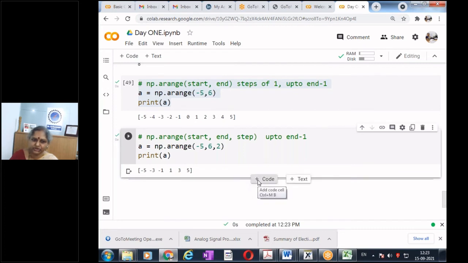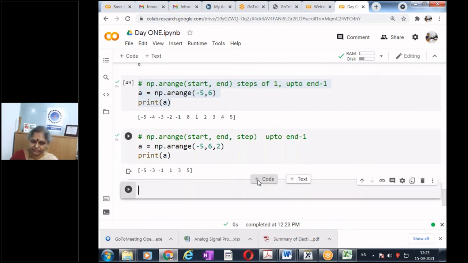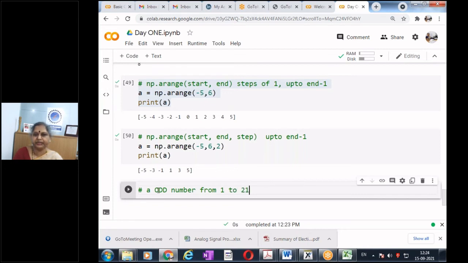So now I want my result to print odd numbers. I want my array A to have all odd numbers from 1 to 21.